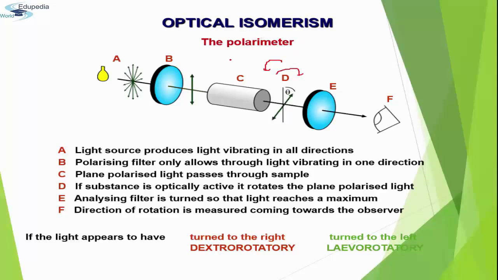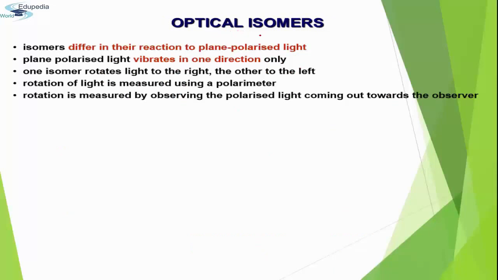If it has rotated, then the sample is showing optical isomerism. It is rotating the plane polarized light either to the right hand side or to the left hand side. If it rotates to the right hand side, then it is known as dextrorotatory or D, and if it rotates it to the left hand side or anti-clockwise, then it is known as levorotatory or L. D and L form. You might have encountered this in the case of sugar, where they write D sugar, or in the case of ribose, D ribose. So in optical isomers, they have a different reaction towards the plane polarized light.